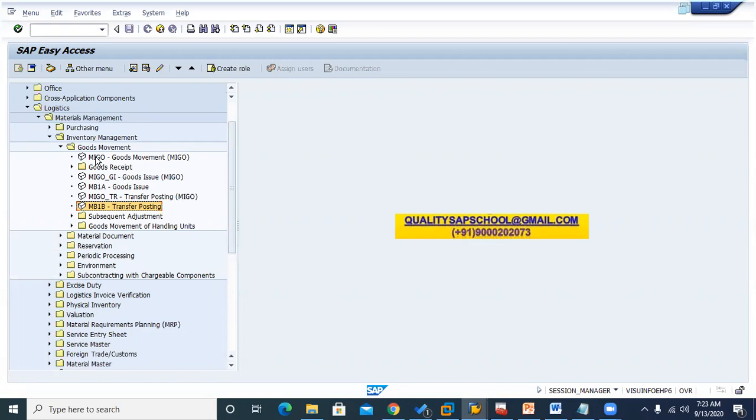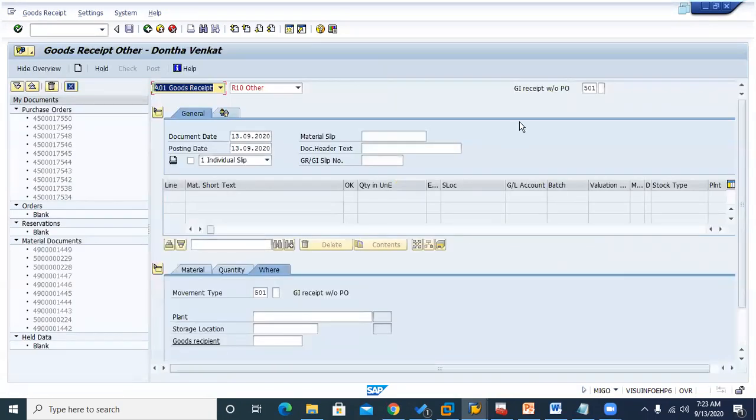To understand that, we will go into one transaction. When we open this transaction, in the document screen we find the 3-digit number 501 for the combination of these two input values. This is the transaction event value, and this is the reference document.